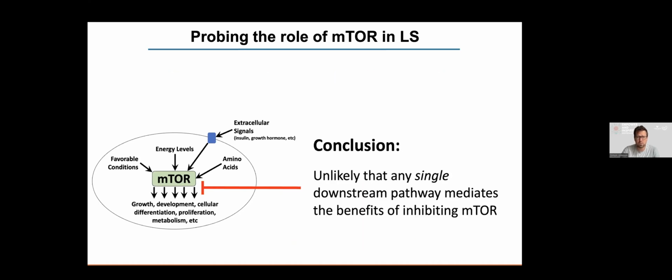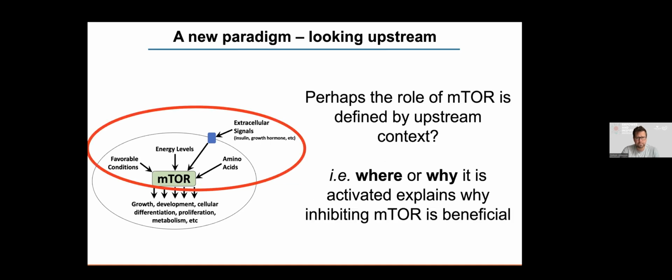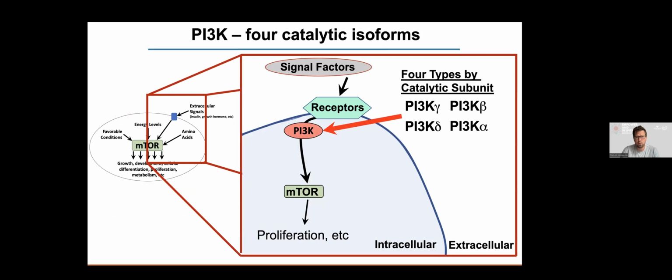So recently we started thinking about this a little bit differently. We decided to think upstream. What if the role of mTOR is not defined by what's downstream of it, but rather by what is activating it upstream? What if one of these inputs going into this complex of mTOR defines the role of mTOR in the setting of mitochondrial disease? We tested a number of these, and I'm going to skip through all that